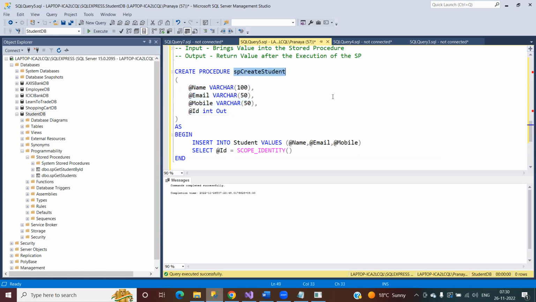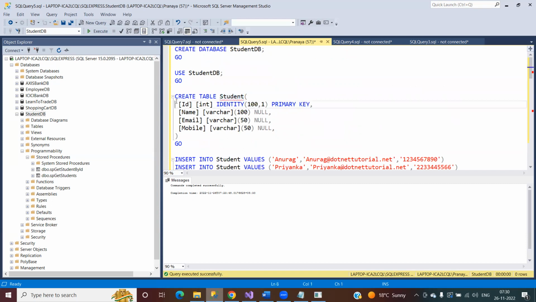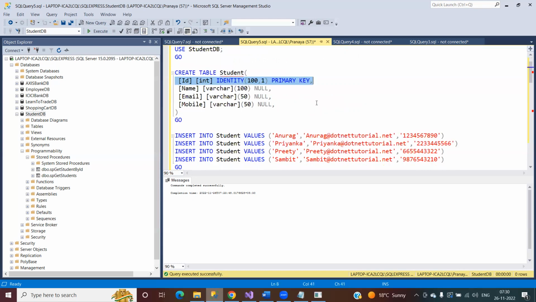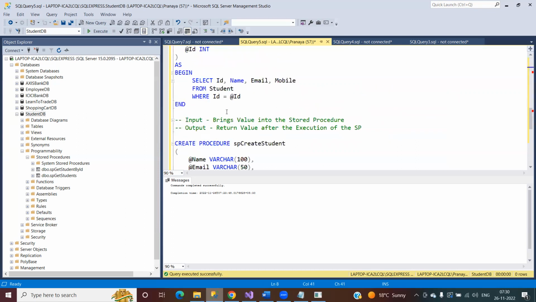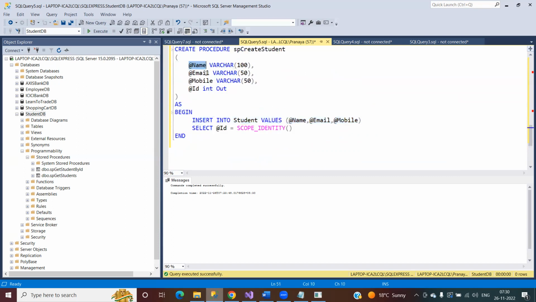What this stored procedure is going to do, it is going to insert this student details into the student table. And if you see the student table, the ID is the identity column. That means while creating the student object, I do not need to pass any value for the ID column, right? Because this is an identity column. So in this case, you can see I'm inserting the student data, and I'm only specifying the name, email, and the mobile number. Once the record is inserted, here I'm fetching the ID of that employee. Suppose one employee is registered into the database, then what is his registration number? That is what I want to